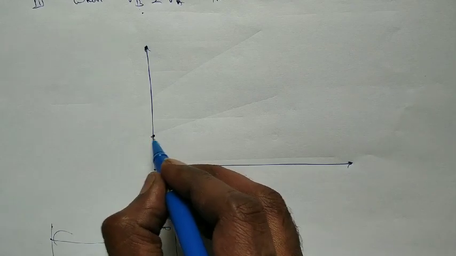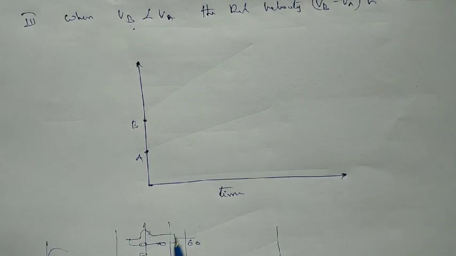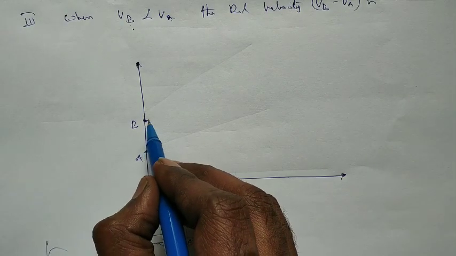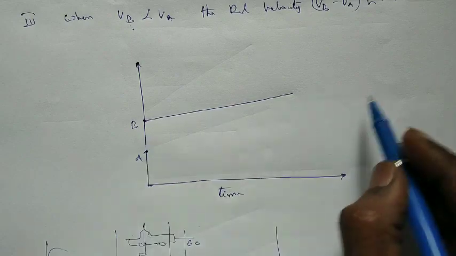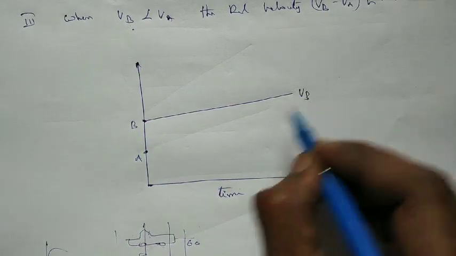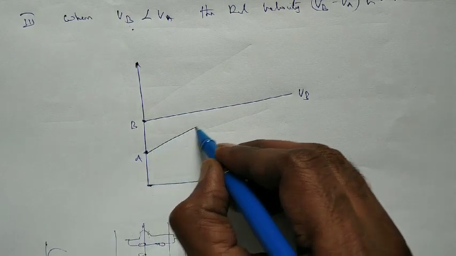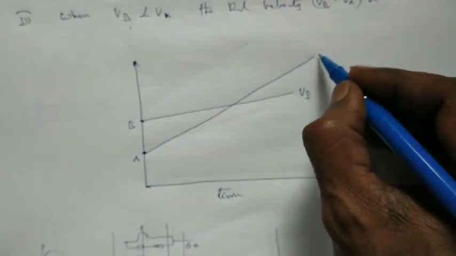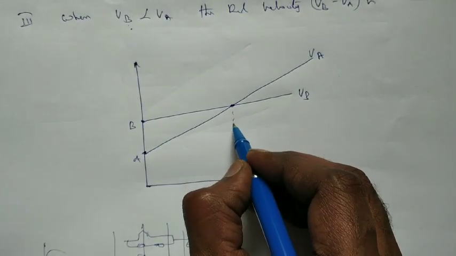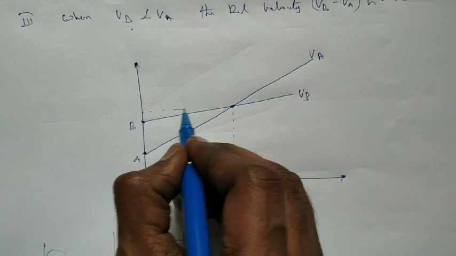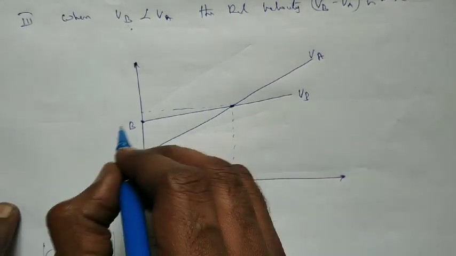So you can see this one as A and this one as B here. Now already we said B is going at a gradual speed. This is a gradual speed. Of course, it is gradually increasing, and this is VB. And VA, this body A is going at a very high speed, and he is going to go higher. So this is VA. At one particular time, both meet each other. This is the meeting position. So you'll say point of meeting